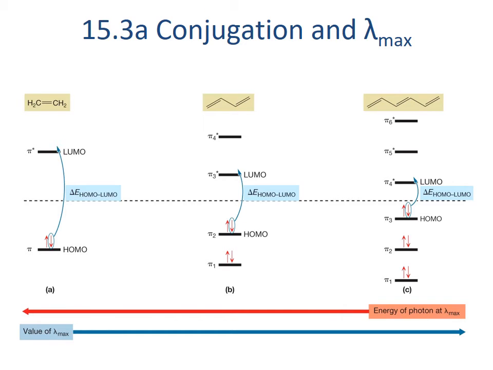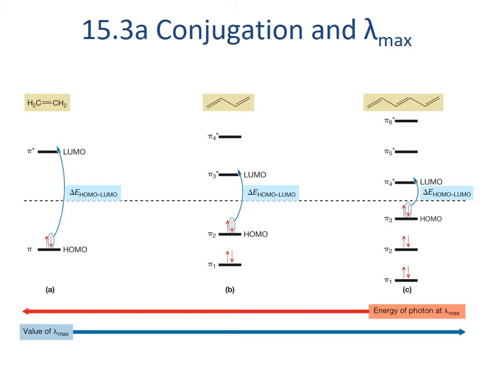We know that conjugation increases lambda max. If we look at the molecular orbitals for the conjugated system, we can begin to see why. A single unconjugated pi molecular orbital stabilizes and destabilizes moderately, and the transition in energy between the HOMO and LUMO is relatively small. When we add conjugation, the most stable orbital is even more stabilized than before, but the next